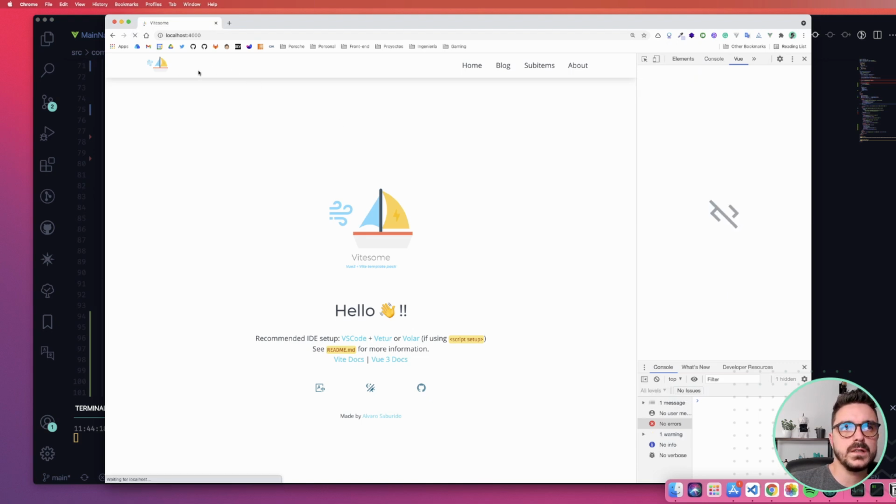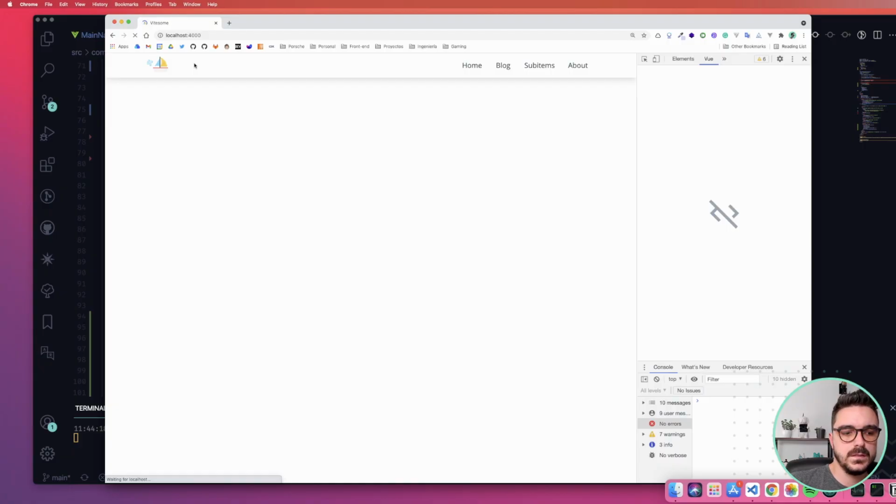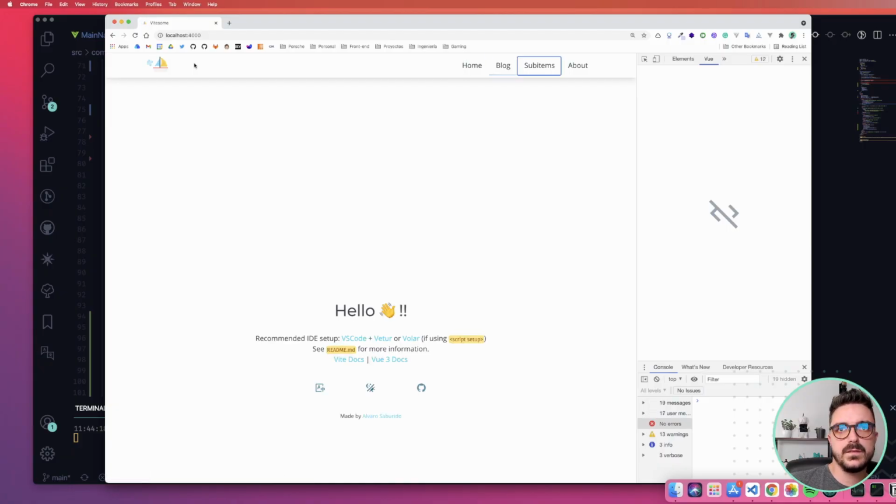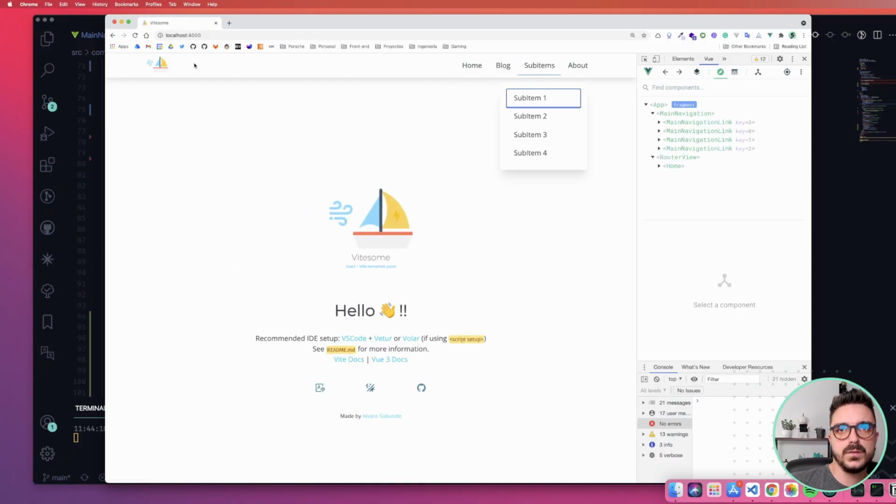Let's go here. So we press tab, we open this one, we go here, and voila, it closed the submenu. If we open it again and we go here, perfect, it closes. So that's the first thing that we needed to do.